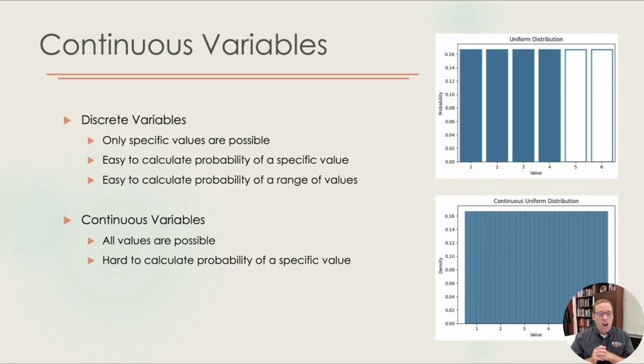It becomes very hard to calculate the probability of a specific value. Okay, calculating the probability of a specific value gets very difficult because there are an infinite number of bars. And what's the probability of getting exactly one value? Here's a good example. Somebody's weight. Let's say we are measuring people who declare themselves to weigh 160 pounds. What is the probability of somebody who weighs exactly 160 pounds, as in